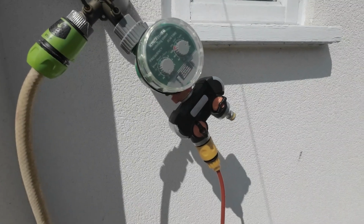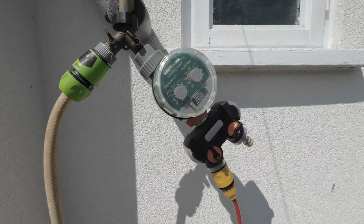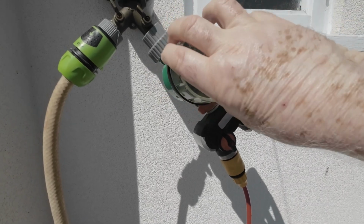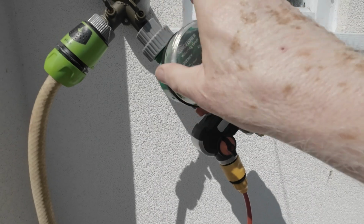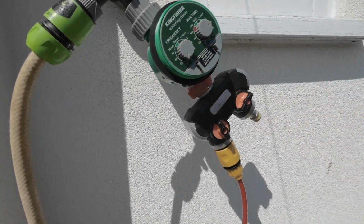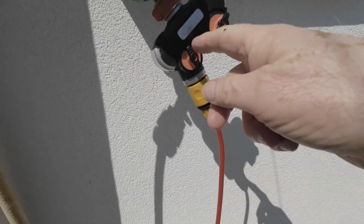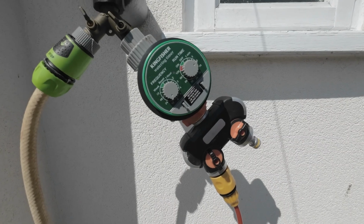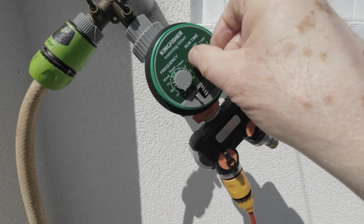Now this might look a bit complicated, and to me it is complicated. I have to think about this for a little while before I can get it going, but if I take that cap off, this is the watering system, and it's permanently on because you rely on this, and I've got it watering 5 minutes twice a day at the minute. It's only a dribble, but if I switch that to on now,